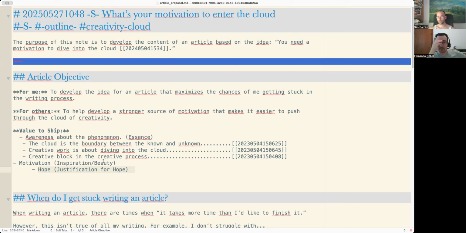Yes, in my case, when I write a scientific paper, it is now easy for me to use the Zettelkasten method because I know how to identify which are the knowledge blocks that are present in the article. For example, I have some mathematical models, some methods, some results.